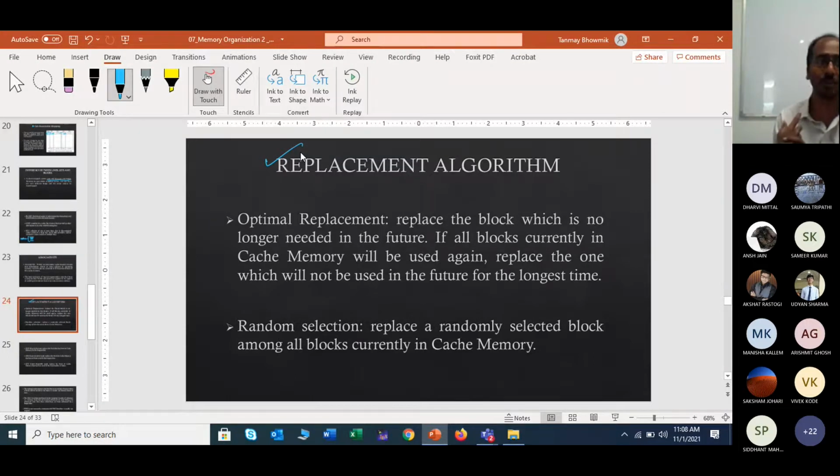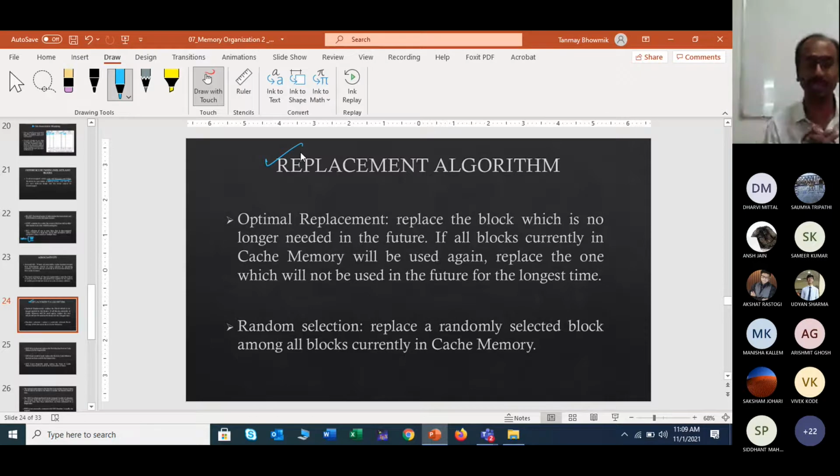So you don't need to access that particular data or website anymore, right? The location where this data is stored can be freed, because you will not access that website or give that password again. So that block, which is no longer needed in the future, you can replace.